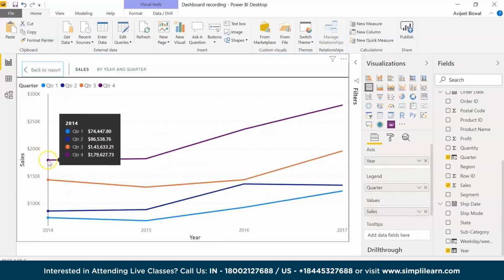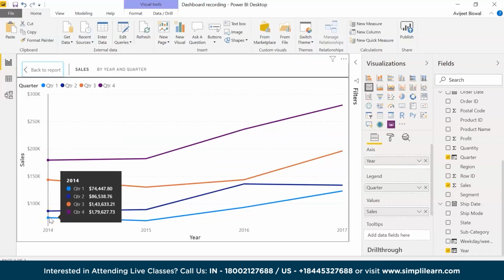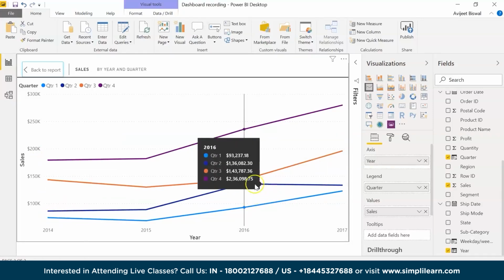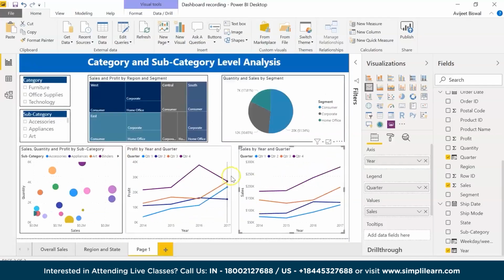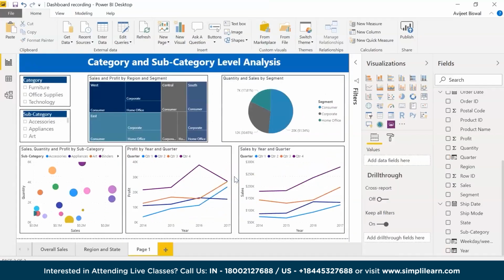Now if you see for 2014, again quarter 4 made the highest amount of sales and quarter 1 in 2014 made the lowest. If you see for 2016, you can see 2016 also quarter 4 made the highest amount of sales and quarter 1 made the lowest. We'll go back. So our final report is ready, where we analyzed the sales, quantity sold, the profit at category